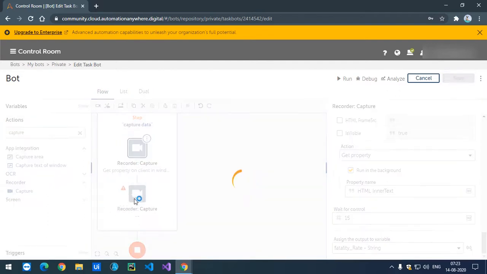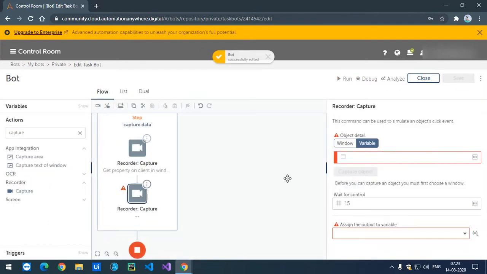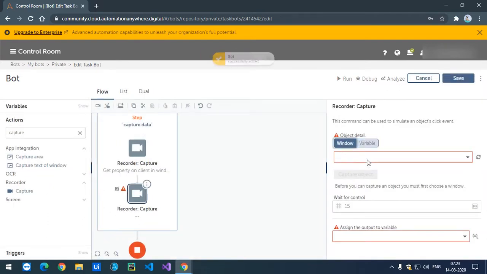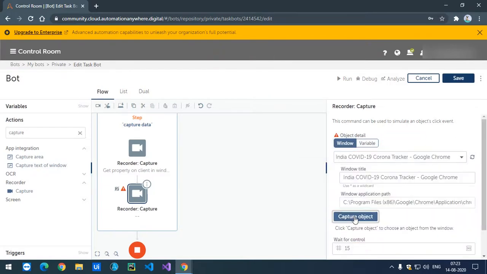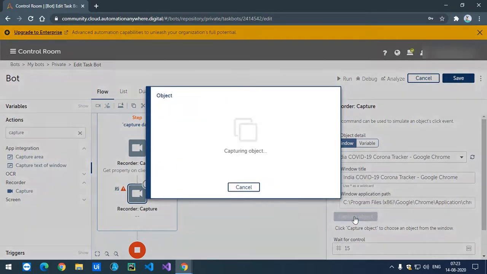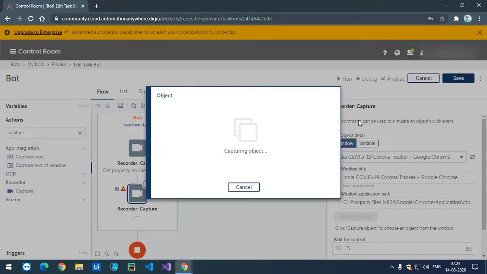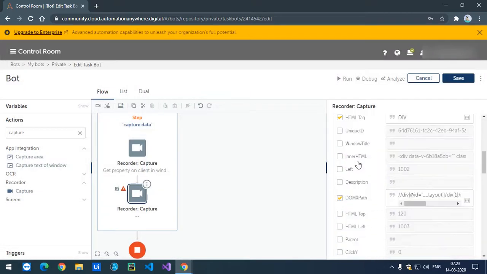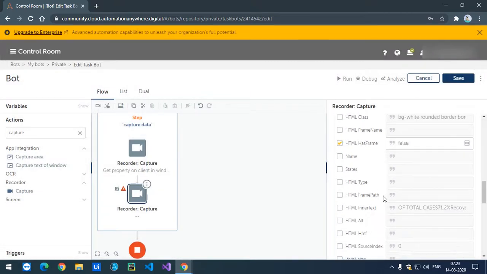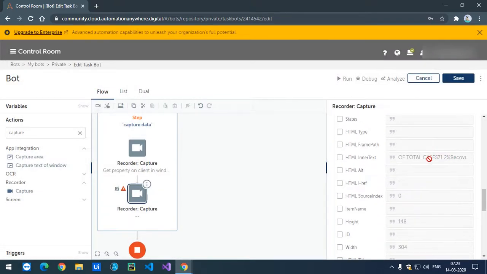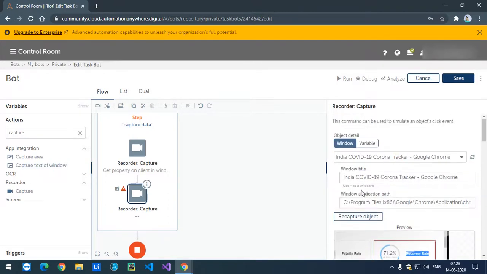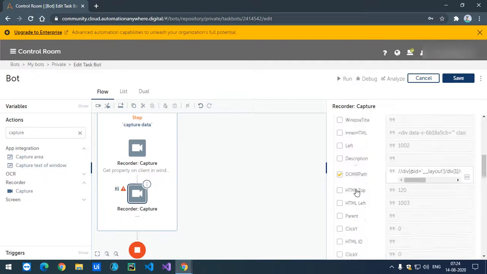I'll do the same for this recovery rate. Again I'll select the window and go on capture a whole window. I'll do the same in here. As you can see, this is also inner text, 71.2% inner text, and it captured the complete window.